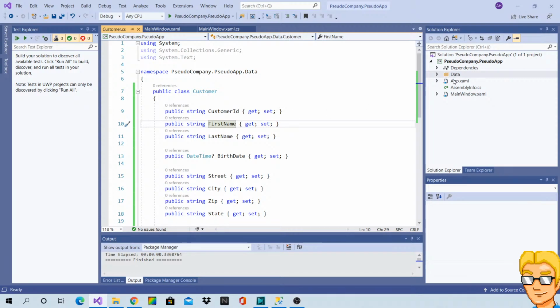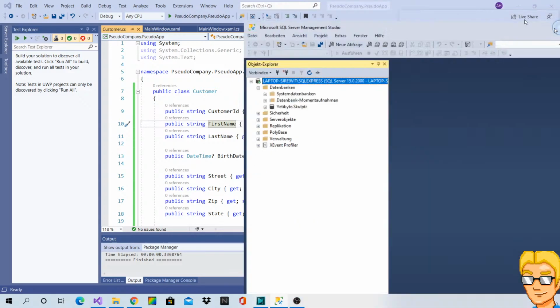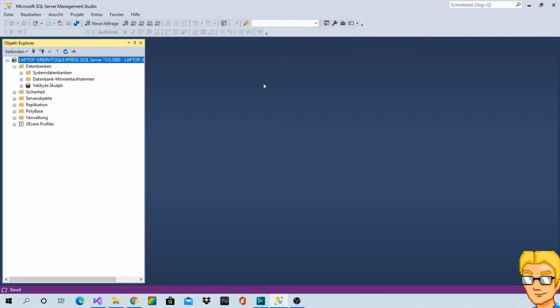So yeah, I guess we can already create a database, which will literally just be one table, just for the sake of simplicity. And I hope I have everything that I need. This is a fairly new laptop setup, so I might be missing something, but let's see. This is a database from a different personal project of mine, so let's just ignore that.